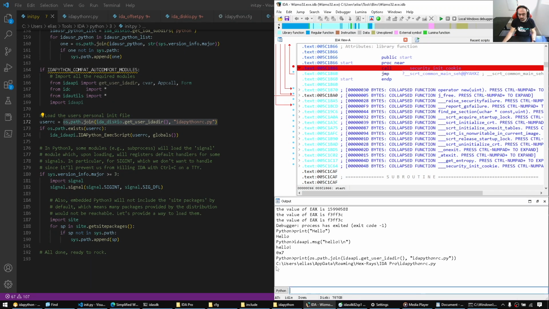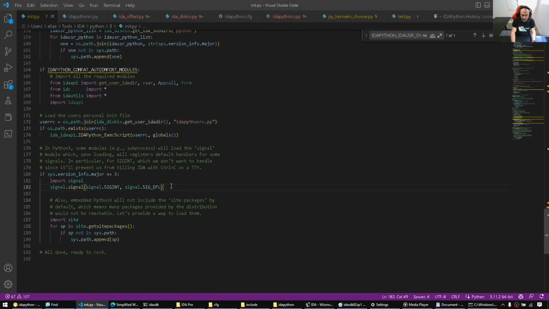So it's expected to be in your home directory. If you're on Linux, it's going to be a different path, and same on Mac. So that's where the init.py loads the user script as early as possible. It should be called init.python RC. So Control O,